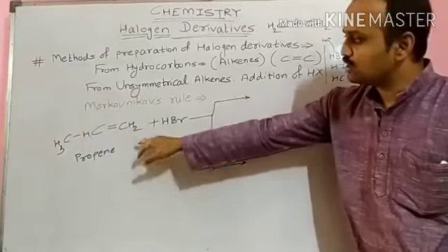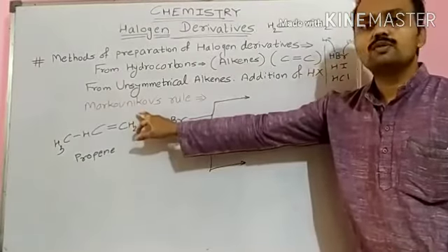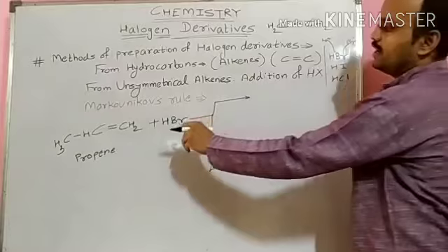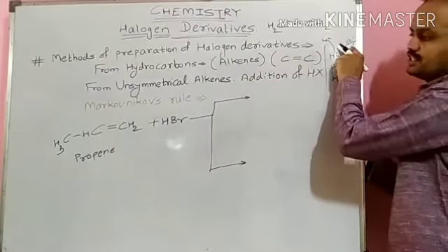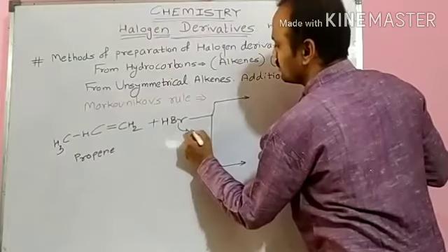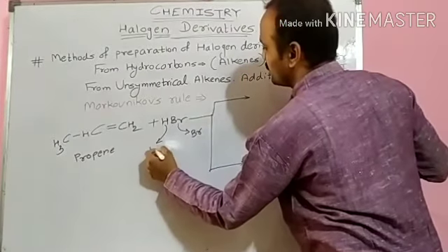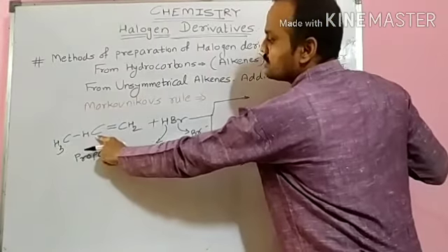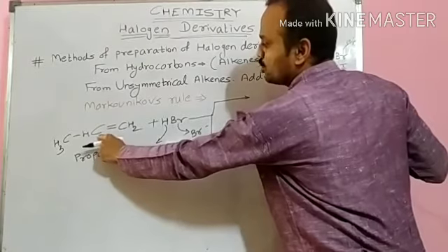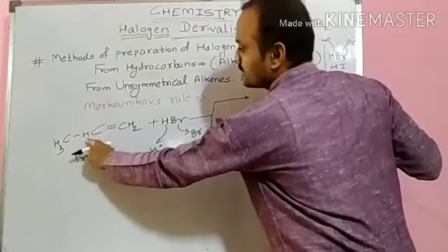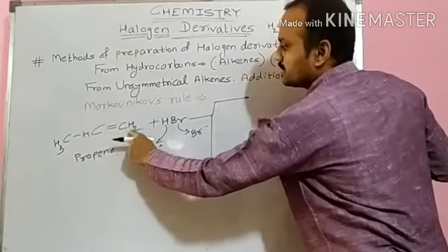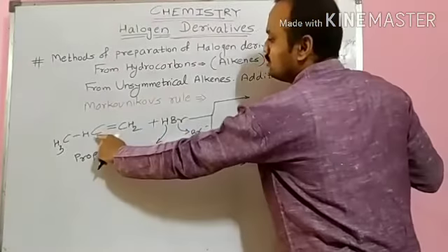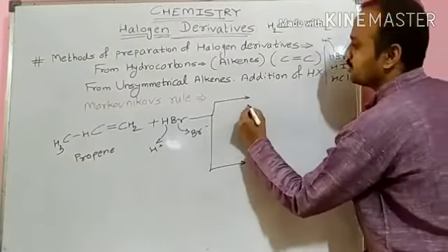Whatever product we get according to Markovnikov's rule, that product will be major, and the other product by default will be minor. So I told you, the negative part of the reagent, therefore this bromine, and this will be H plus. The negative part of the reagent gets attached to the unsaturated carbon atom having fewer hydrogen atoms attached to it. Here this carbon atom contains only one hydrogen atom. This carbon atom contains two hydrogen atoms. Therefore, according to Markovnikov's rule, bromine will go to this central carbon atom and we will get the product